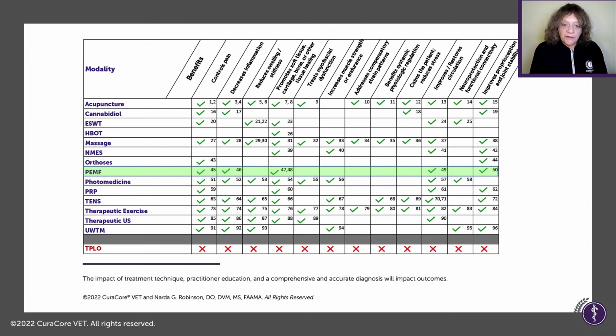Pulsed electromagnetic field therapy has a number of values too, as you see here, with pain, inflammation, healing, circulation, and potentially some of the proprioceptive value. Photomedicine has quite a few things, but what that doesn't have that acupuncture has is that direct impact on the myofascial strain patterns. If you have a class 4, I think that is probably the most effective for helping to relax muscles in the broad body because it just takes less time. And I actually do like the heating, but I don't like the preset parameters, as many of you have heard me say. I think they're way too high.